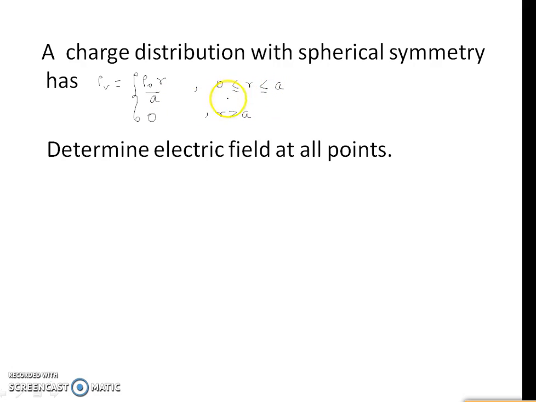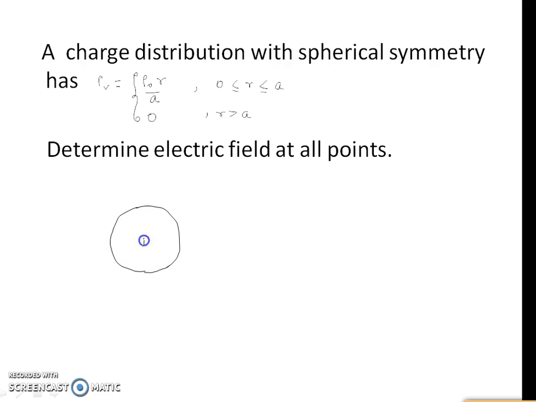When r is between 0 to a, the charge density is a function of r, and when r is greater than a, that is outside a spherical surface of radius a, the charge density is 0. So here the charge distribution is something like this. So this is a spherical surface,